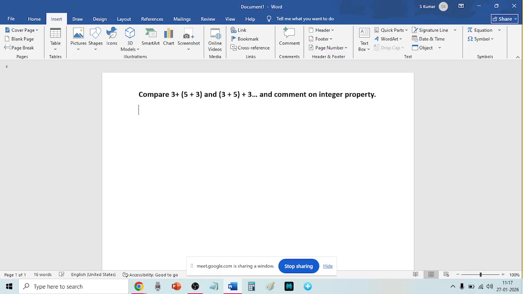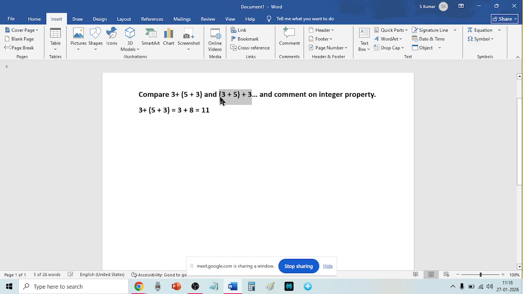So, again same thing. First part, 3 plus 5 by 3. Either you can write the left side or you can copy this one. This one will be equal to how much? 3 plus 3 plus 8. That will be equal to 11. And the second one, this one,